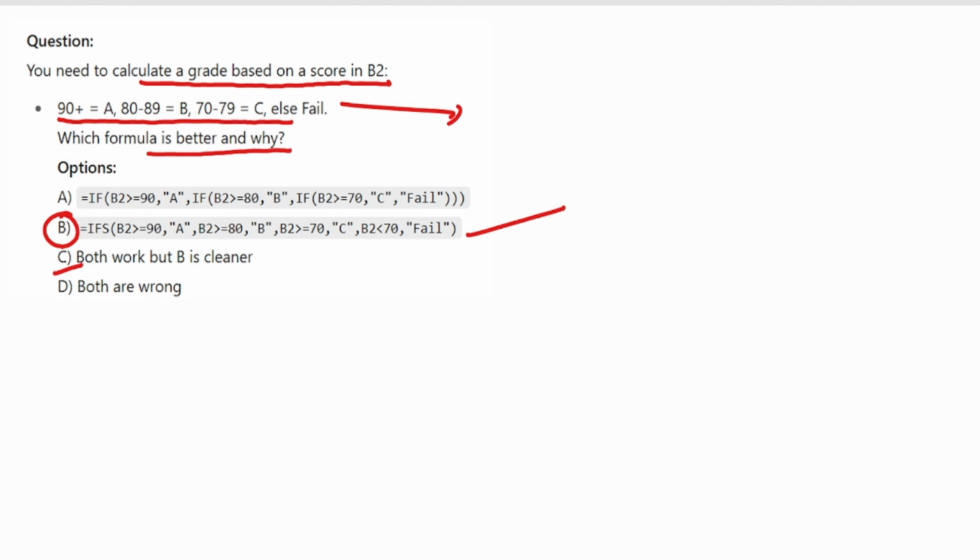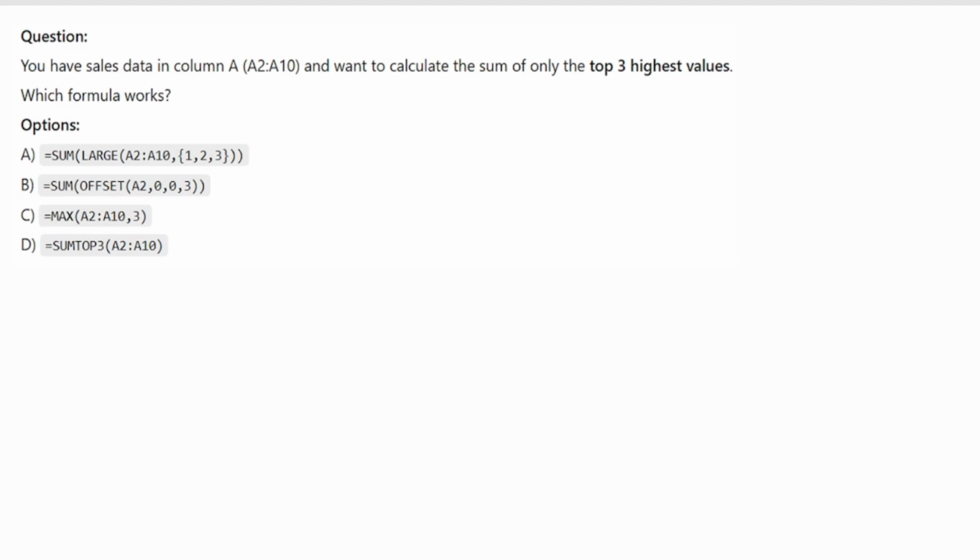Option C is also correct, but option B is clearer than A. We just say option C is also correct, but since we get a better result, we go with option number B. Now move to the next question.